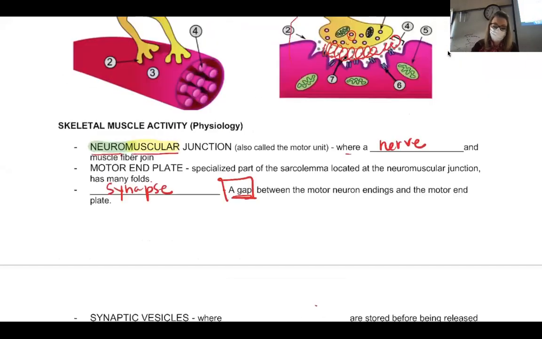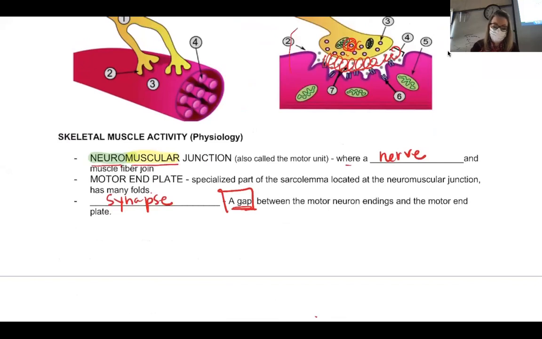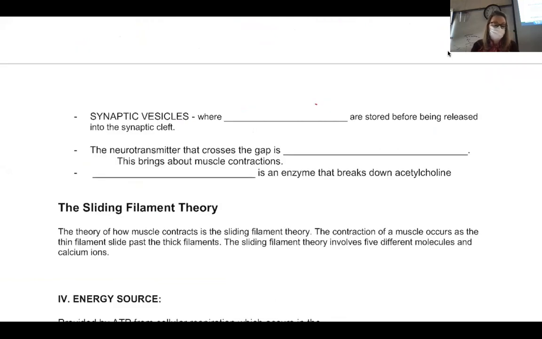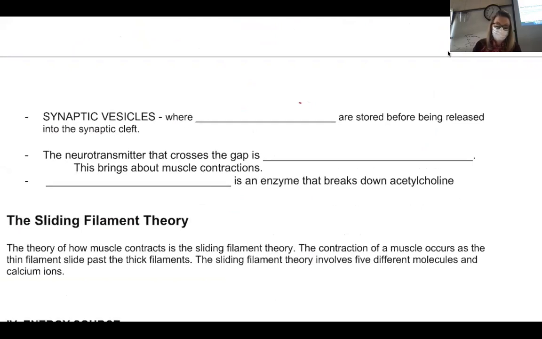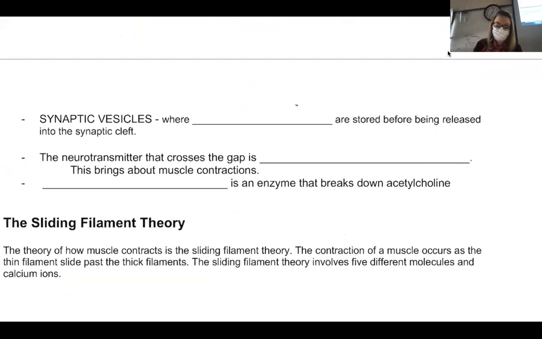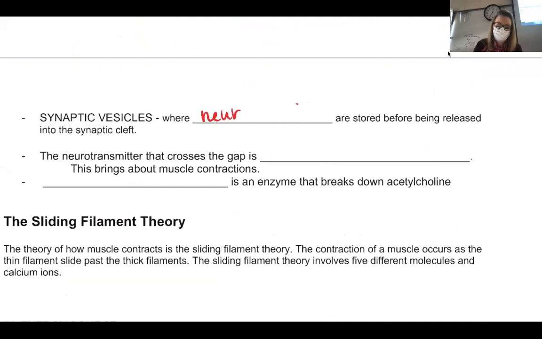Synaptic vesicles are these guys in here, okay? And they contain the acetylcholine. So synaptic vesicles are where neurotransmitters are stored. Now, neurotransmitters are things like acetylcholine, which makes muscles move, and dopamine, serotonin, any of those things. Those are all neurotransmitters. Adrenaline, you probably know, like your heart gets racing, that's a neurotransmitter.